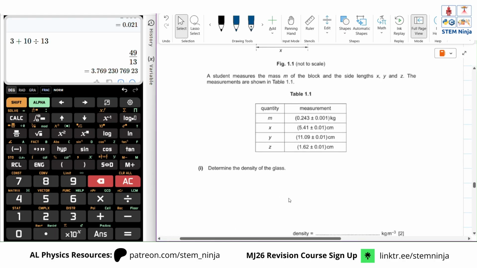Determine the density of the glass. Okay, so we need to do the same thing. I think we also did this in one of the previous questions. So determine the density, mass per volume, x, y, z. So mass is